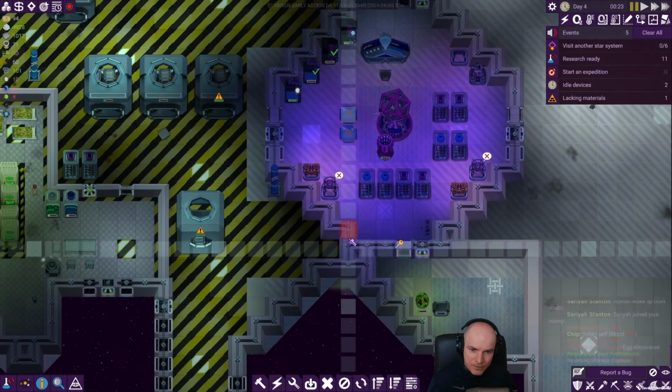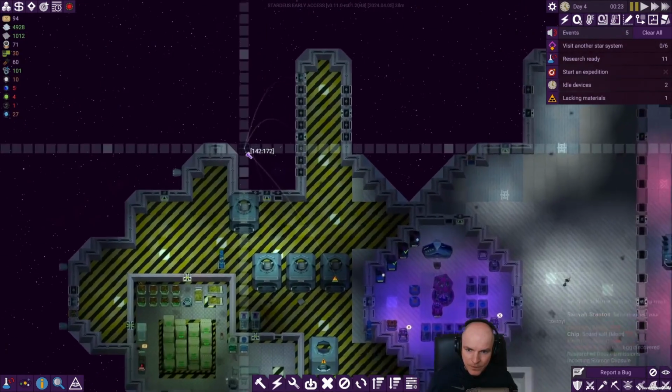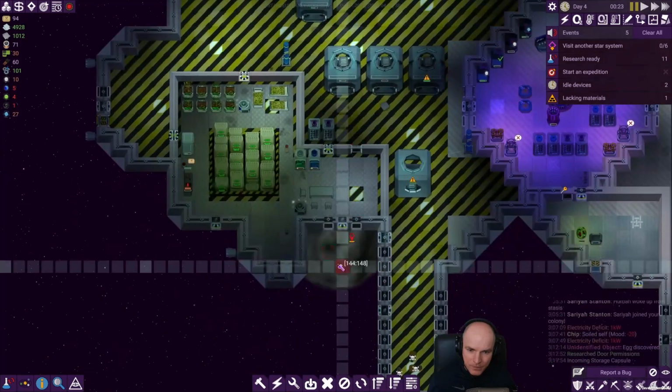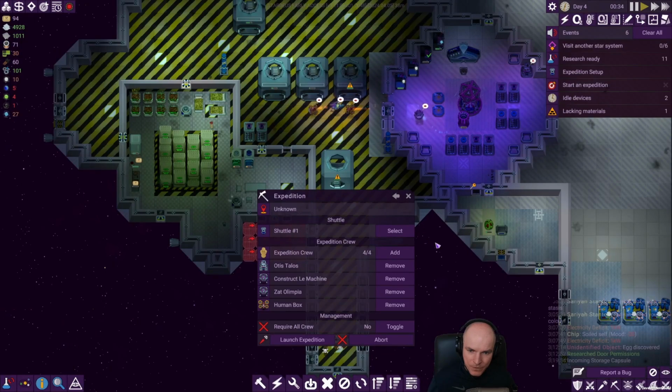Solar panels. Let's build some solar panels. So this ship has some nice pockets for them. Let's build some panels here and here. How's our flight? We're almost there. I think we will already launch an expedition from this distance. So I'm gonna remove the